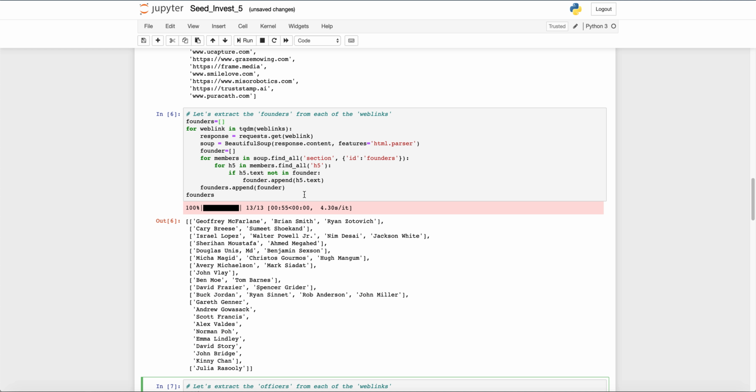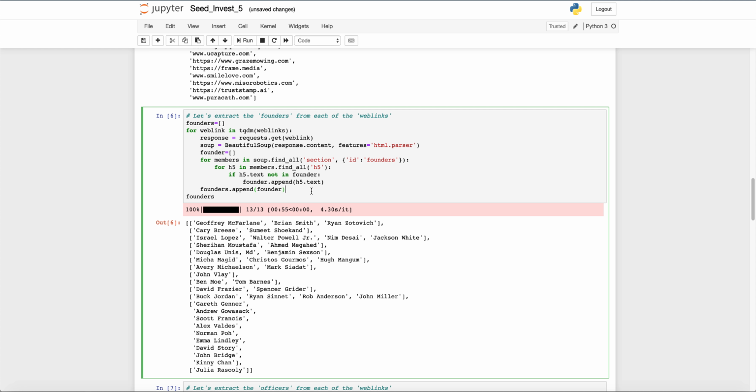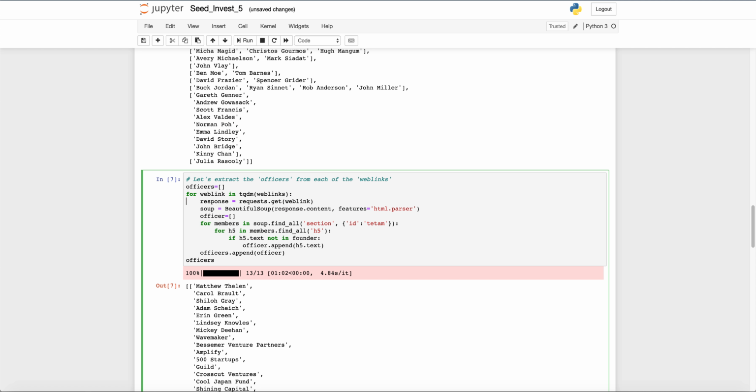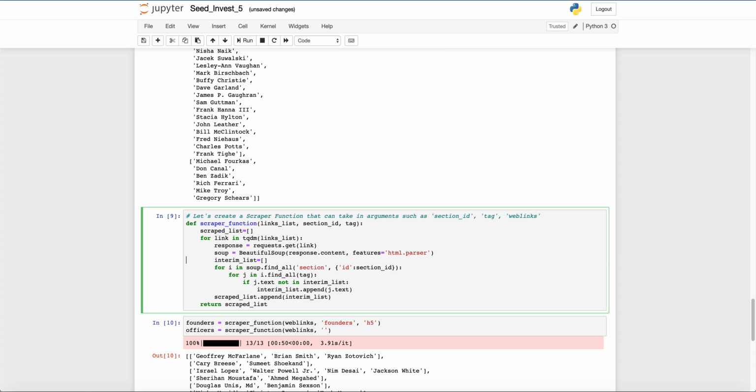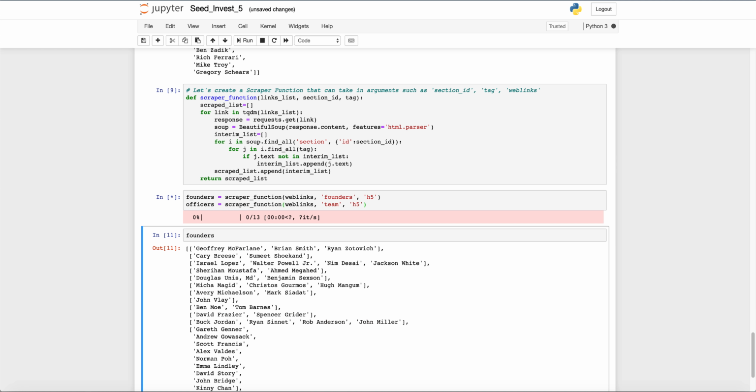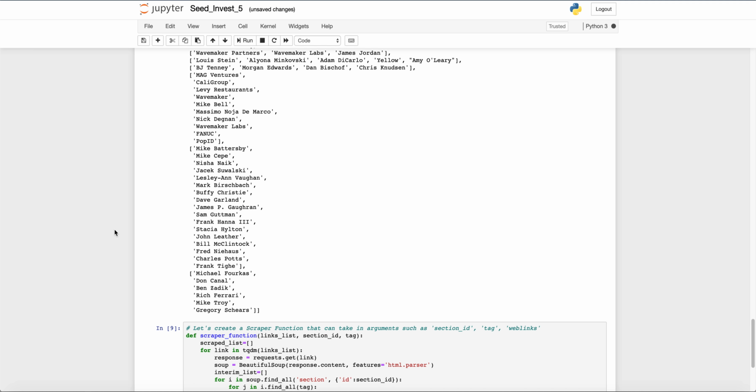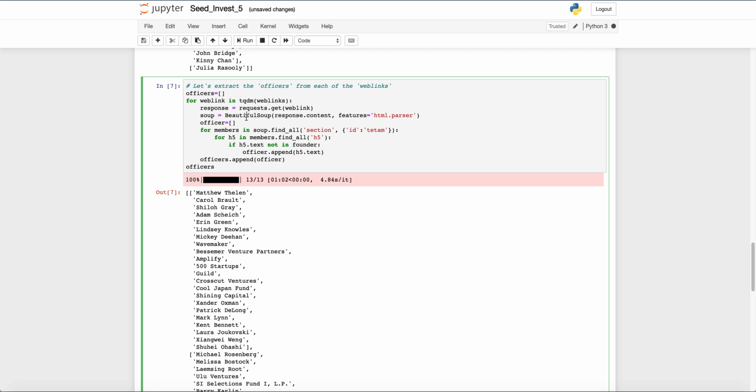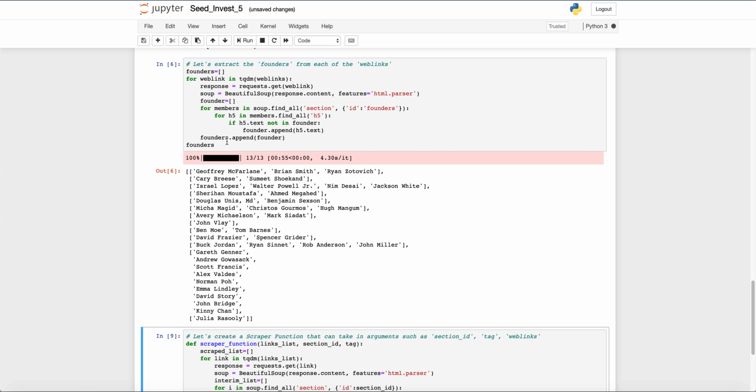So we have this, we have this, we have this. Yeah. So let's go back to officers, and team is the section ID, and we have h5 tags, and there you go. I mean, we just created a function. I'm going to delete this, and I'm also going to delete the custom code that we had written